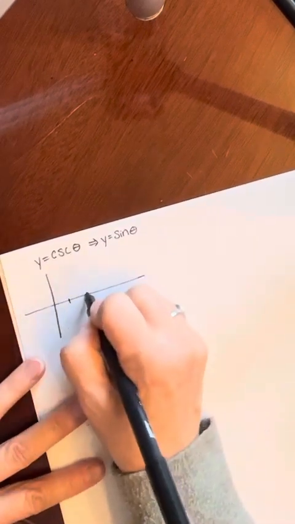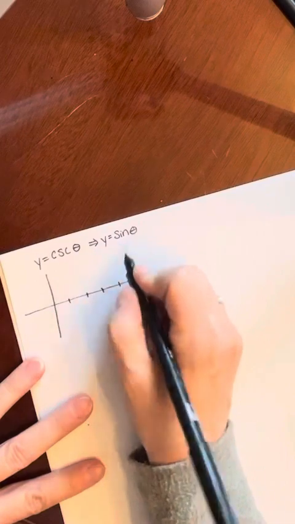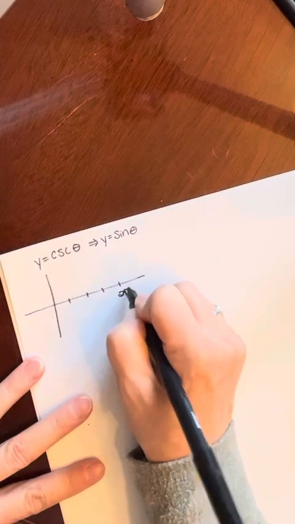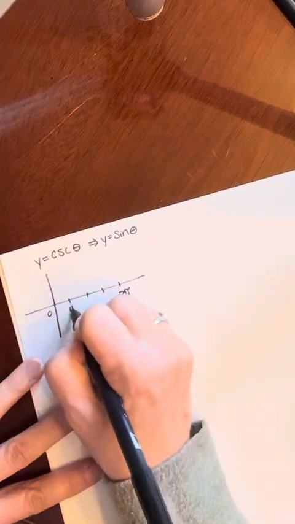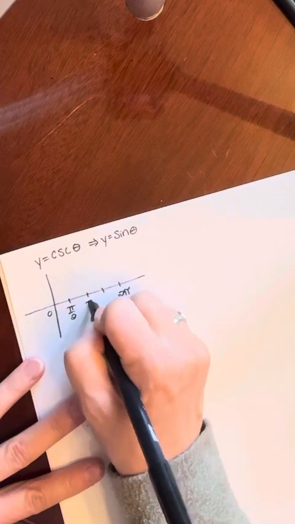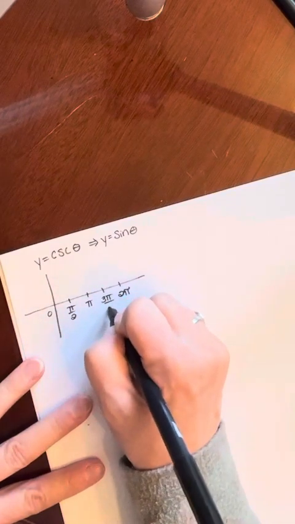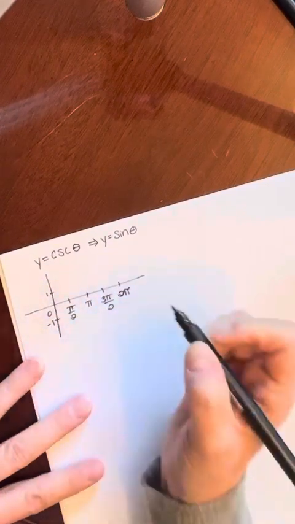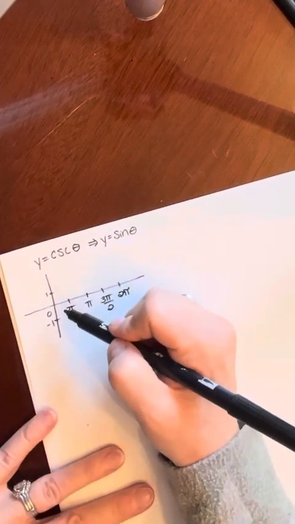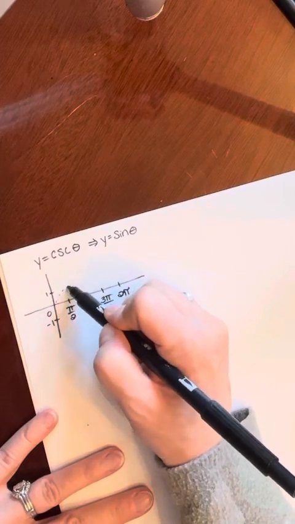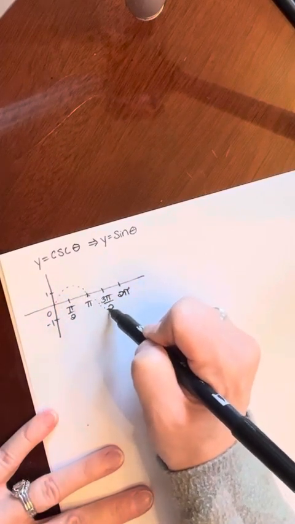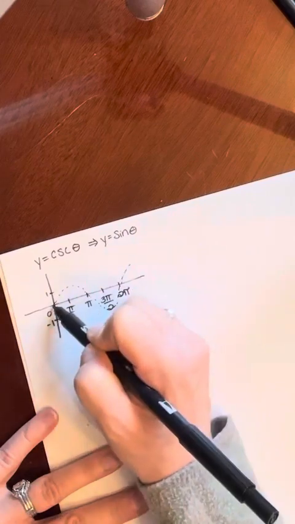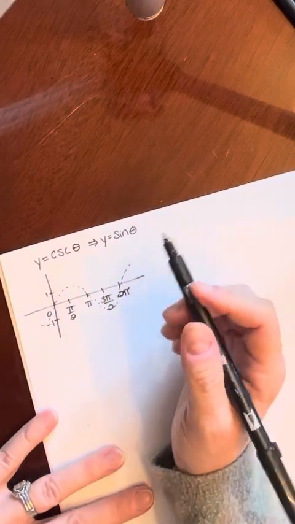So we've got 1, 2, 3, 4 points. For just a sine graph, we go 0 to 2 pi, and then we can go pi over 2, pi, and 3 pi over 2. And we have a maximum of 1 and a minimum of -1. And sine starts at the origin and goes up, and then hits the middle, and then goes down, and so on and so forth. All right. Dotting it though,